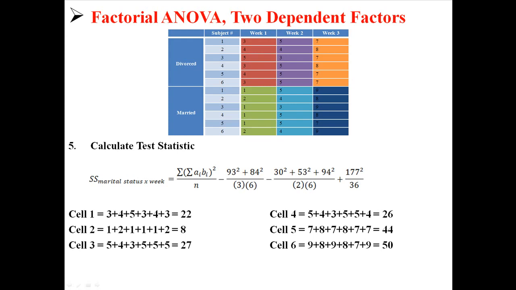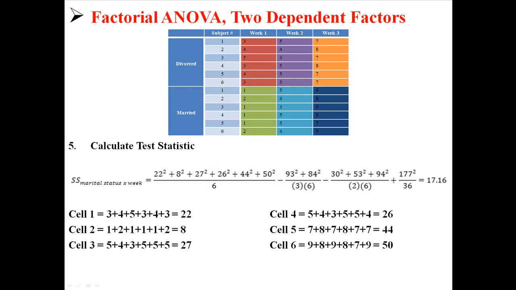So we have 6 total cells, and we have 6 total cell sums. We have 22, 8, 27, 26, 44, and 50. So on top, it's just going to be us squaring those numbers, then dividing by n, which is 6. I've got to move on, but if you do work that out, you get a sum of squares interaction of